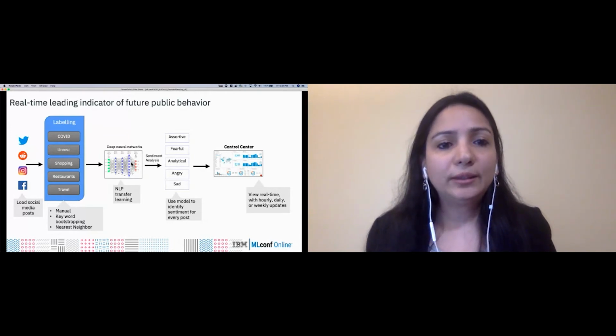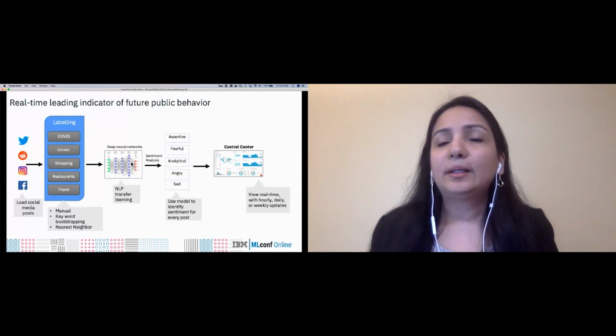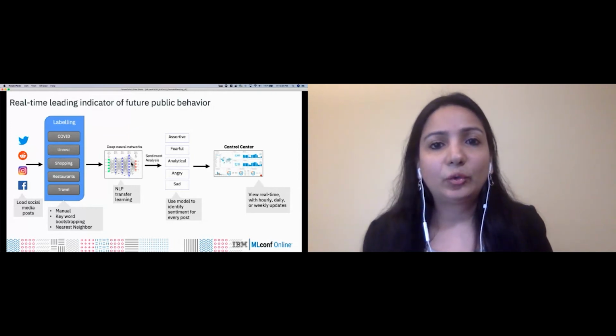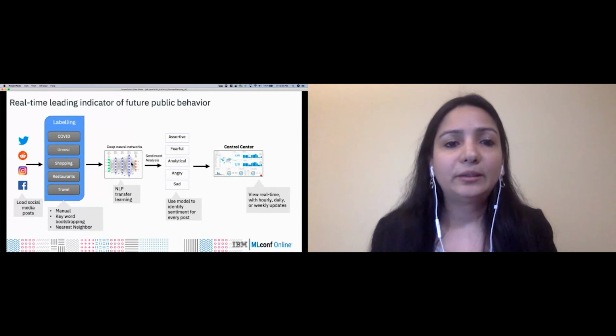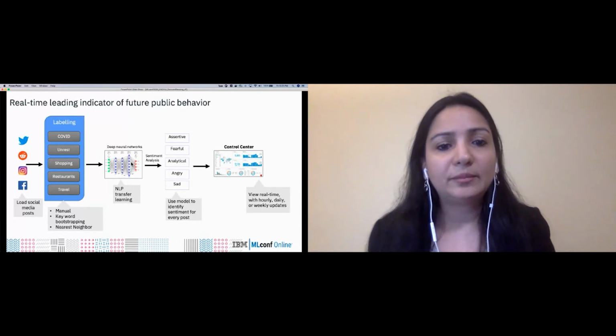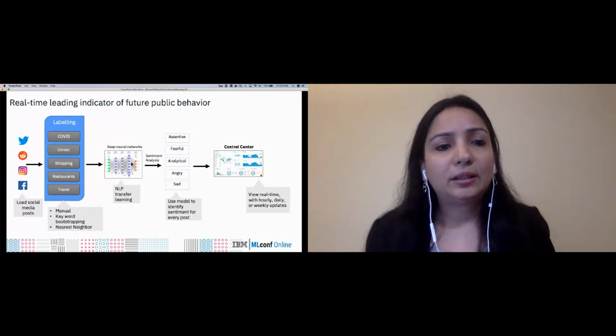So let's take a look at some results. And here, what we're seeing is the daily percent growth in cases in the background in gray, and the consumer safety sentiment applied to the groceries dimension in blue, to the scale on the right. So a higher scale here means that consumers are feeling safer.